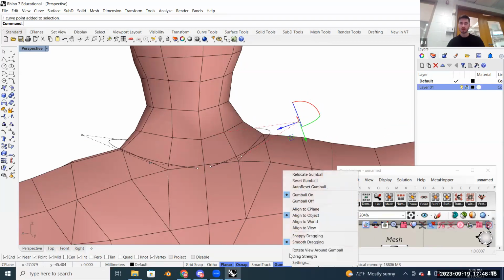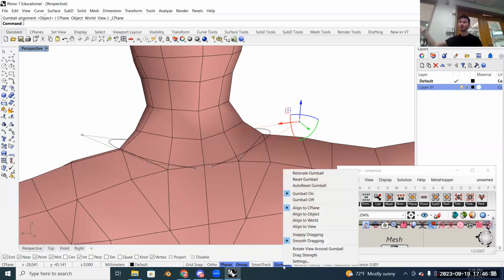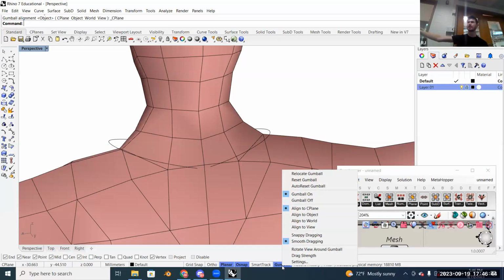Another little tip is with the gumball, the tool that we use to move the points around. By default, it's always locked to the XYZ axes, which is fine. But sometimes the more organic we get in modeling, it's good to change the gumball from standard to align to the object itself. If you see the gumball button at the bottom down here, we have it on. If you right click on it, a menu pops up. By default, it's aligned to the axes of the world or the plane, but if we change it to align to object,